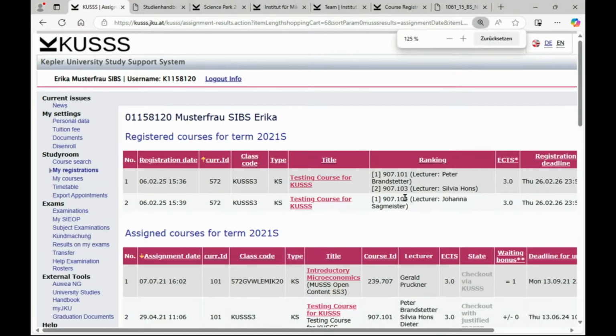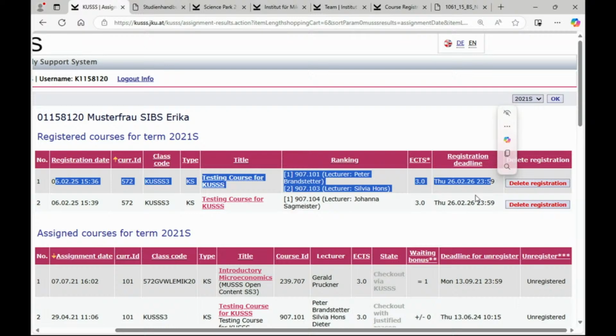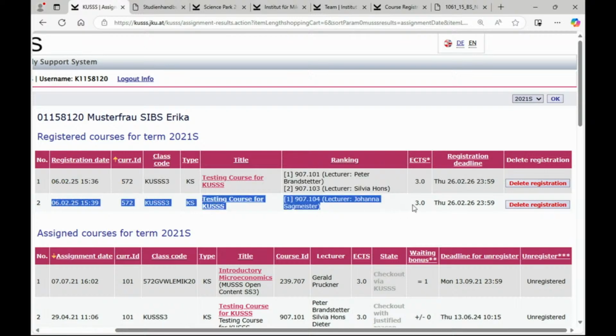You may remember we did a registration for priority number with the number 101 and 103, and this is my registration for priority number, not assigned so far as we wait until the end of the registration period. Here we have the 104. This is assignment by sequential order, not assigned yet,